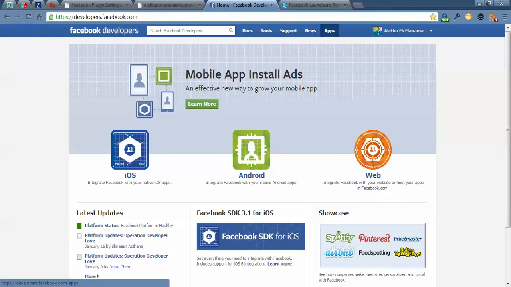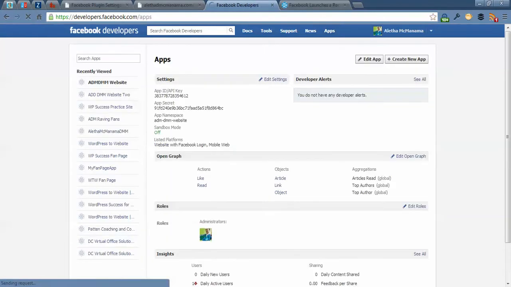So I'm going to click on Apps. This is the button you need to be clicking on. It's going to take you to the apps. I already have an app list, and I already have the apps set up that I want to use in order to connect my Facebook plugin with my Facebook account. And in order for you to actually create a new one, and I'll show that to you real quickly here, you just click on Create New App,